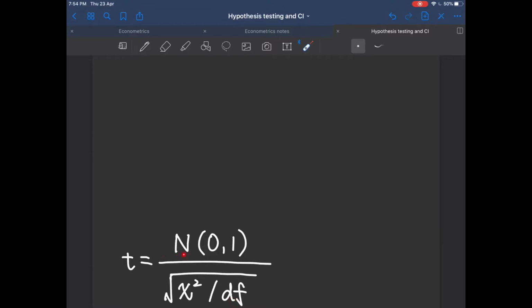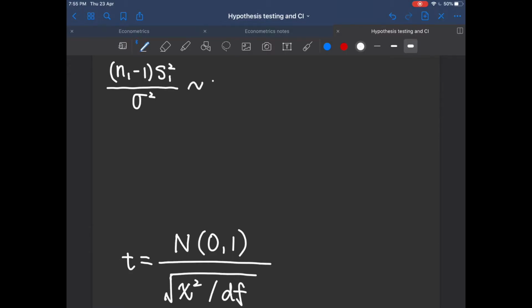Now that we have already found what follows a standard normal, we should find another expression that follows a chi-square distribution. I'm gonna give you the expression straight away, but if you want to know how to derive such an expression, you can watch my previous video on hypothesis testing. So here, n1 minus 1 multiplied by s1 square, which is the sample variance of the sample from population x1, divided by sigma square, which is the population variance of x1,